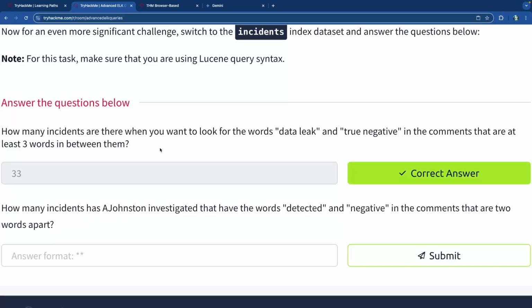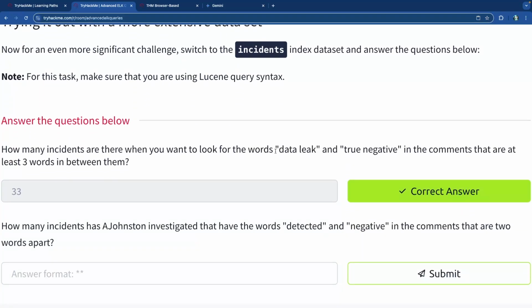This is one of the issues that I have with this room, is that the phrasing of the question kind of leads you to think about looking for the answer in different ways. But I think the previous query that I did wasn't a bad query or anything. It's just that I didn't fully understand what they were trying to ask for inside of this question. The way that they phrased it, to me, it seems like you're searching for this squiggly 3 and this squiggly 3. But it happens to be that you want to combine these 2 phrases in one search. So basically put both of these 2 phrases inside of quotes